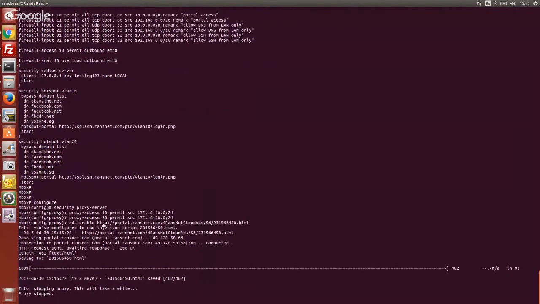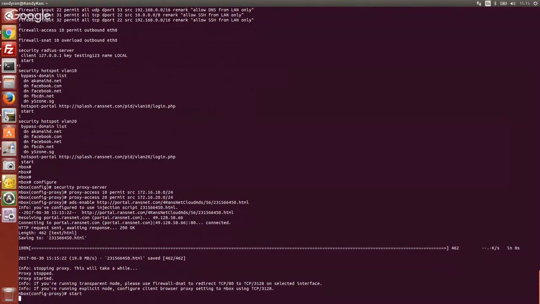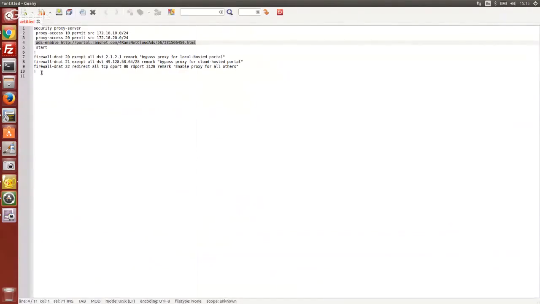So you can notice once I put in this command with this in-session code, the HSG will pull the injection script from the cloud server, from the ad server, and store it locally. So I'm going to start the proxy service so that it starts to do the content rewrite. And before that, I need to intercept the user's connection. The key is really this